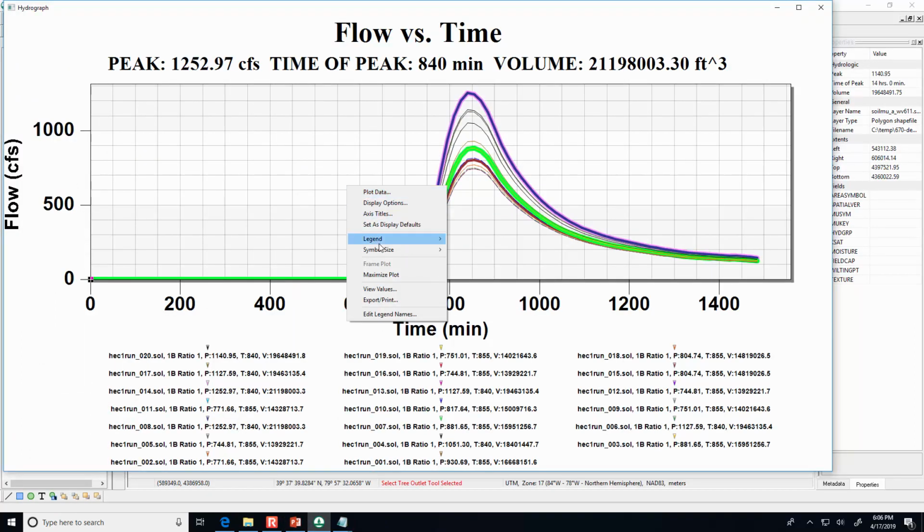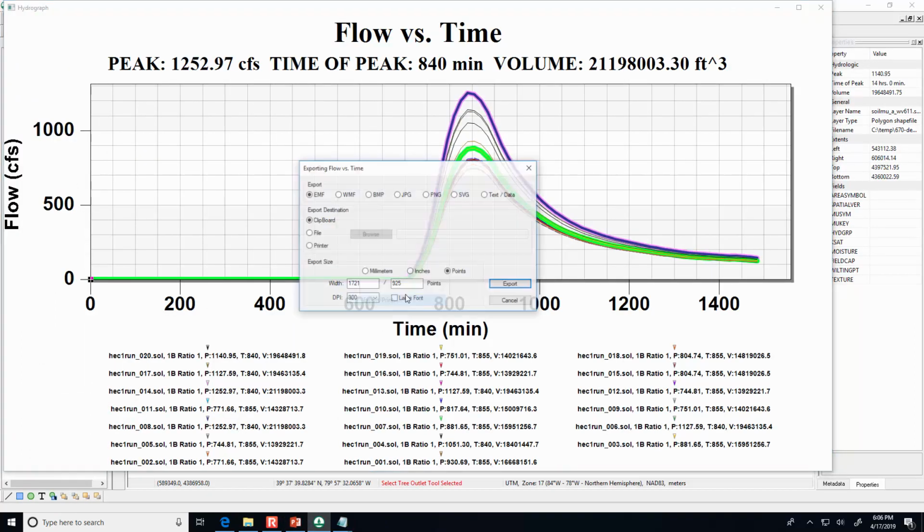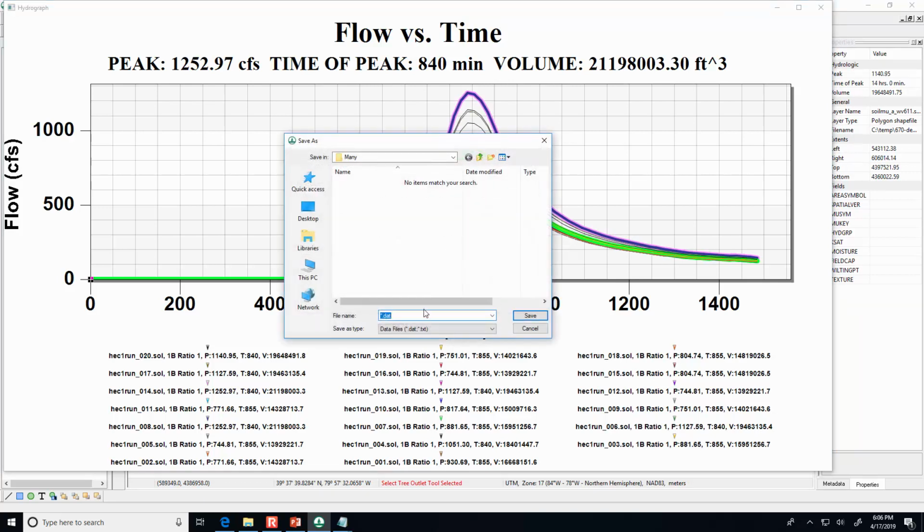One last thing, I'm going to try it again. Export text data file. This time I'm just going to do .txt, stochastic3.txt.